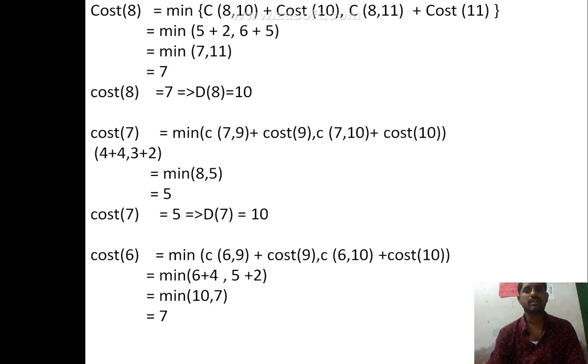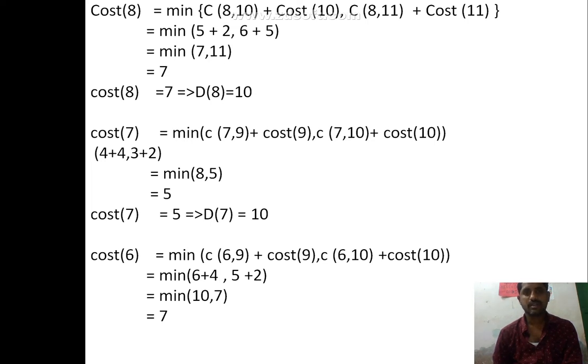Then cost of 7 means c(7,9) plus cost of 9, and c(7,10) plus cost of 10, so there is 4 plus 3, and 3 plus 2, that is the min of 8 and 5, which is 5. Okay, cost of 7 equal to 5, that is d of 7 equal to 10. And cost of 6 equal to the min of c(6,9) plus cost of 9,